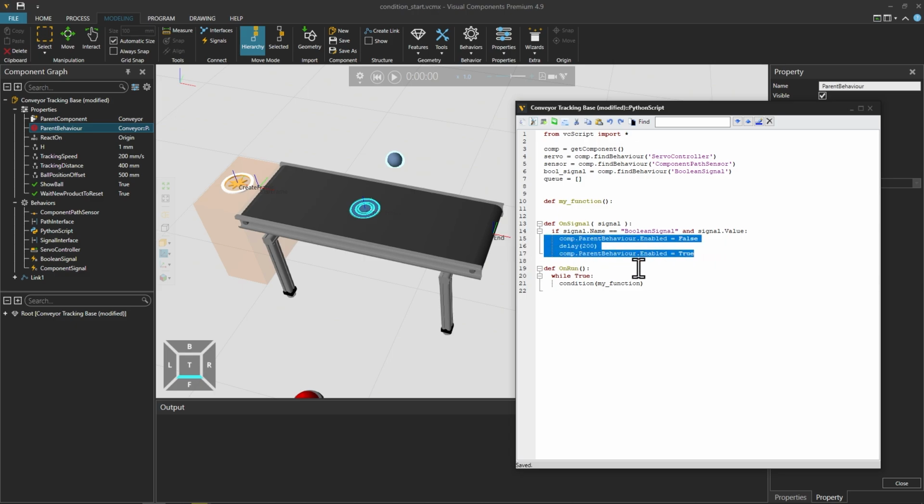So what we need to do first is to put something inside this queue. So if this signal name, Boolean signal, and its value are true, we can push in the component that the component signal detects. We can also put in anything else. But first I would say that we should put in the component there.